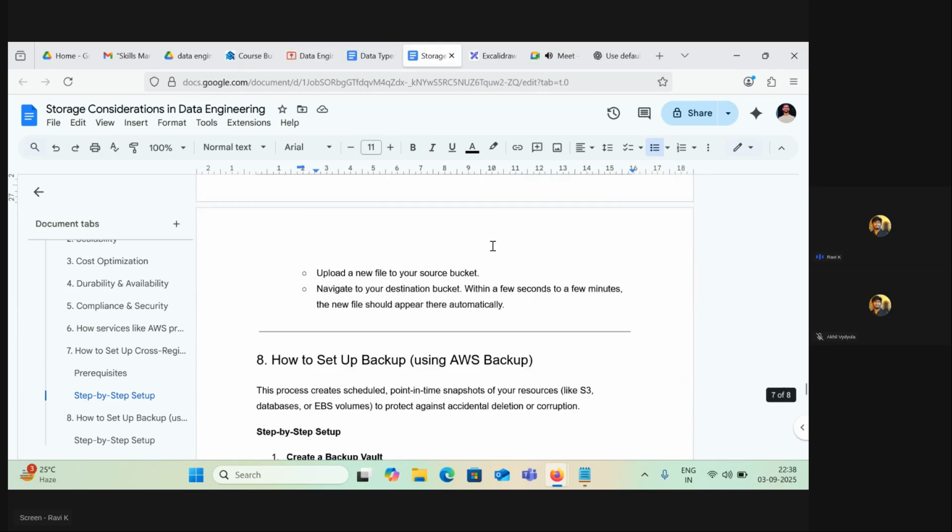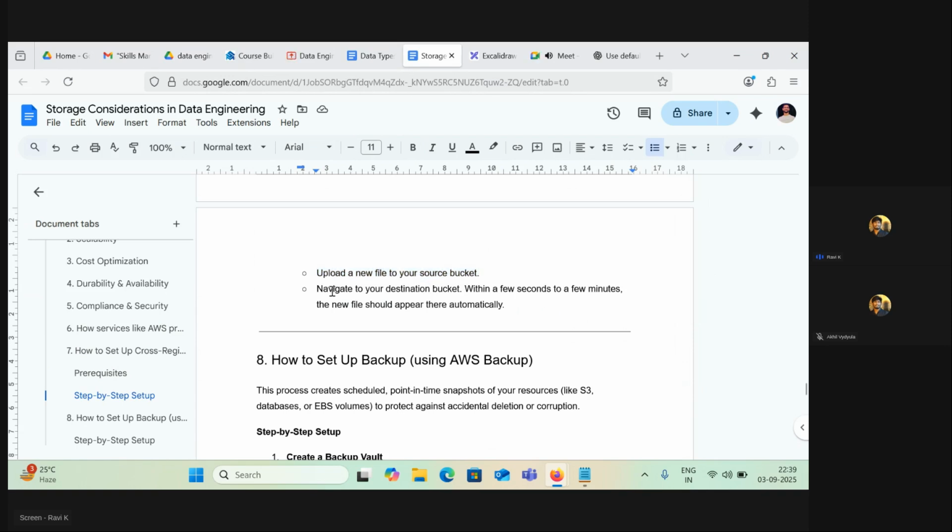That's it. Now upload a new file to your source bucket. Similar to Karthik, you can also upload a sample file or something to this bucket. You are supposed to see this file in the destination bucket, the bucket that is in North Virginia, right? If that is not done, then you have done something wrong. If you are able to see that, congrats, you are able to see cross region replication.